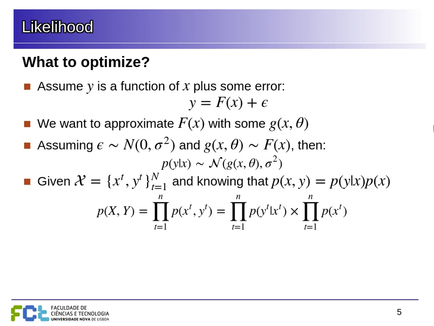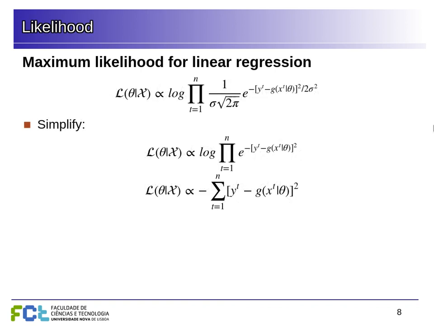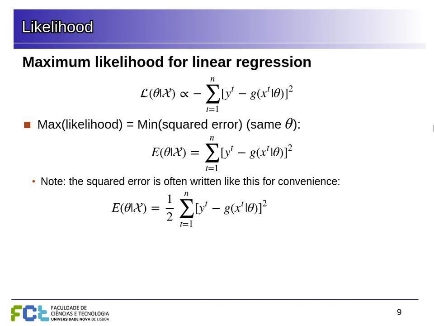If we use the expression for this Gaussian distribution with the sigma, we get this expression here. This is our function of the parameters, and this is a consequence of that random error. And when we solve that with the logarithm, we get this. So we want to maximize this expression here, minus the sum of the square of the differences between the values that we observe and the values that we predict. So maximizing the negative of this is the same as minimizing this. So we change the sign, and this is basically